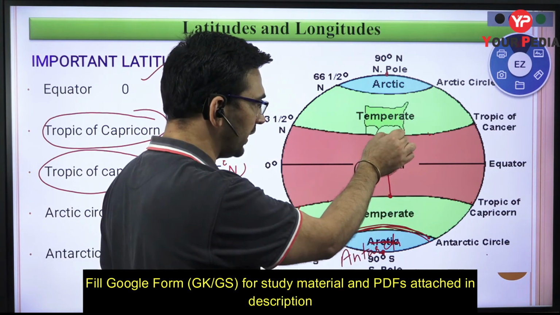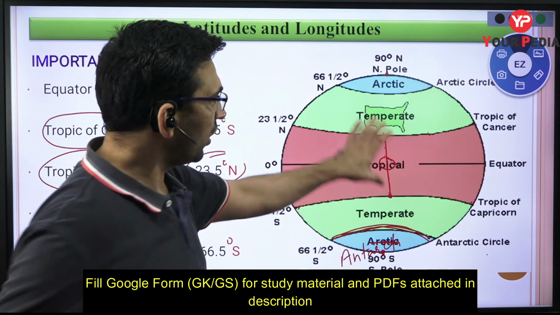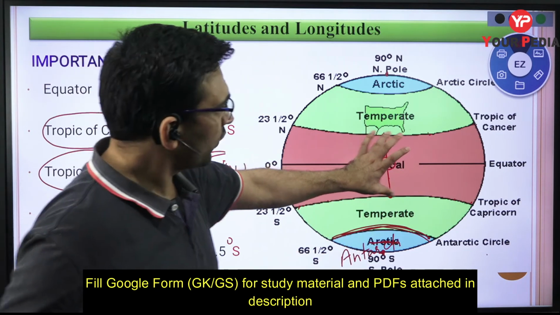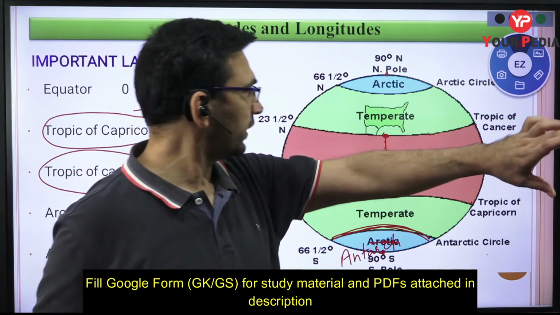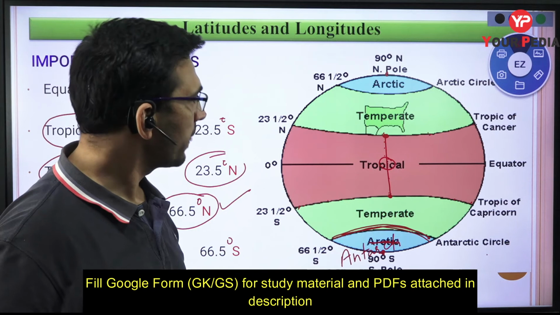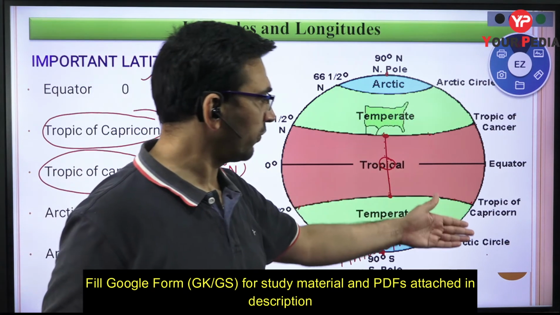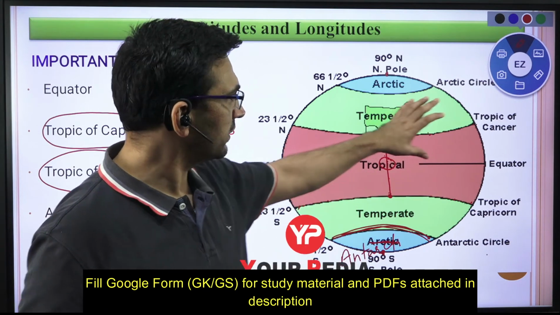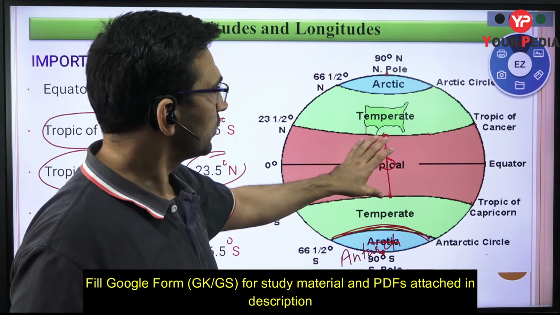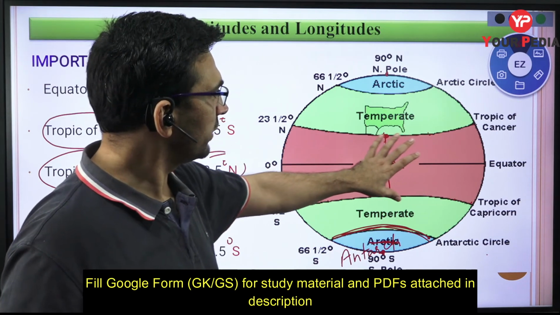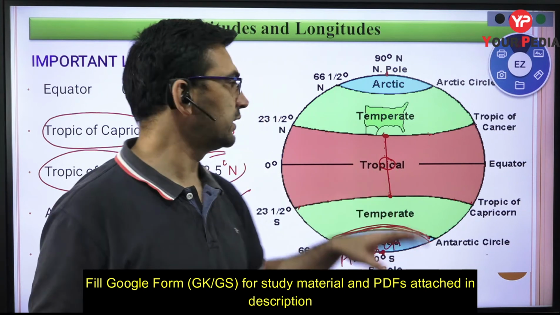It can be overhead here, it can be here, over here, obviously over the equator it can be anywhere. So because the sun's position will be like this because of the revolution of the earth around the sun, that shifting of the sun can take place between the Tropic of Cancer and Tropic of Capricorn. That I will show you with the help of animation at that time, so you will be able to understand easily, but as of now it is more than sufficient for you to know that that is why most of the heat is